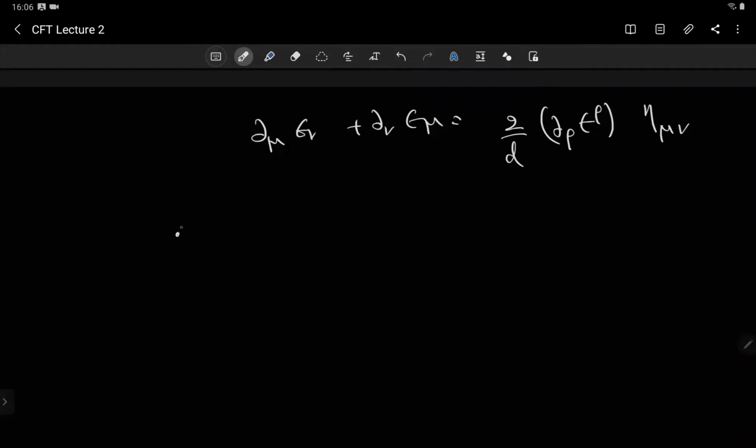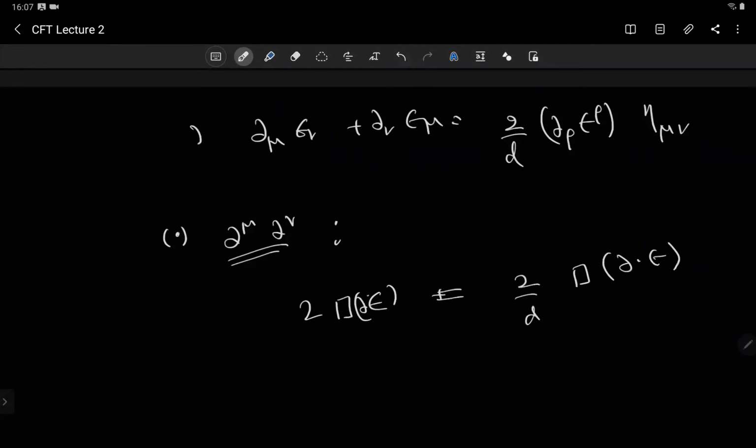Now we'll do a bit of algebra. We have to find the general solution for epsilon. This is general algebra, and you'll find it in the textbooks I've referred to, but I'll nevertheless mention it. First, you apply del mu del nu on both sides, meaning take the derivative of both sides. Then you get the Laplace operator, box, acting on del dot epsilon, twice, equal to 2 by d box of del dot epsilon.